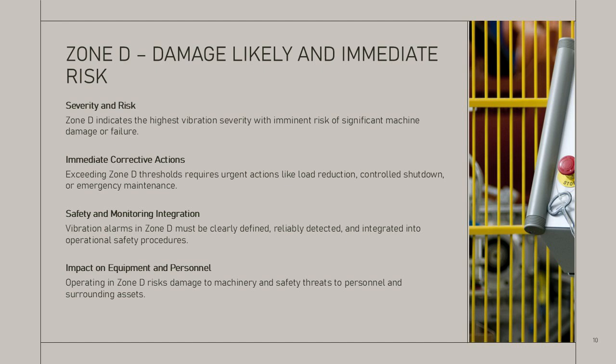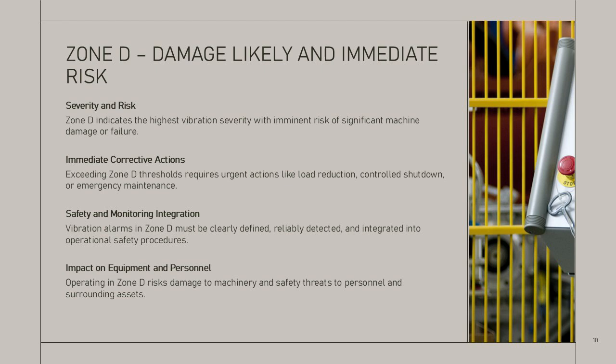Machines operating in this zone are subject to extreme dynamic forces that can rapidly propagate existing faults or create new ones, potentially leading to catastrophic failure. From an engineering safety and reliability perspective, Zone D is unacceptable for continued operation except under the most controlled and temporary circumstances. The boundary between Zone C and Zone D is commonly used as the danger or trip alarm threshold